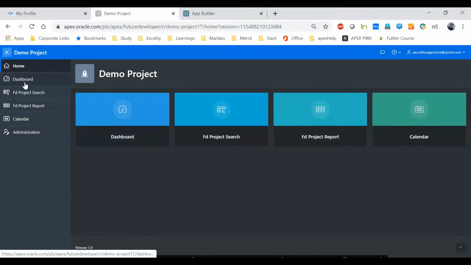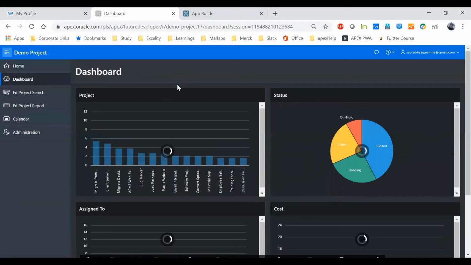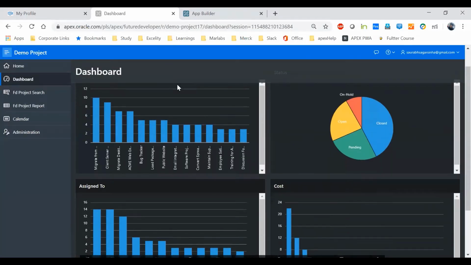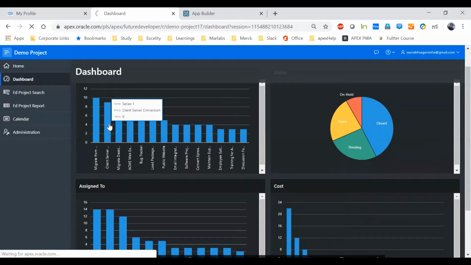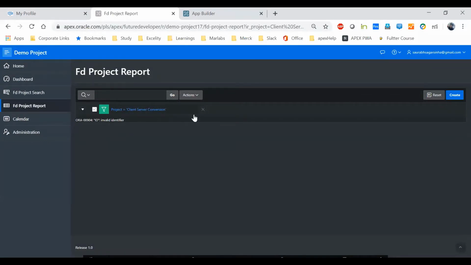When we click on this dashboard, it will redirect to a certain page. This application has multiple pages. Every tab here is one page, or it may be possible that one tab can have more than one page. That depends on the requirement. Let's say there is a region like this, and when we click on this region, another region is going to open. That is another page. So one tab could have multiple pages, or at least one page will be there.